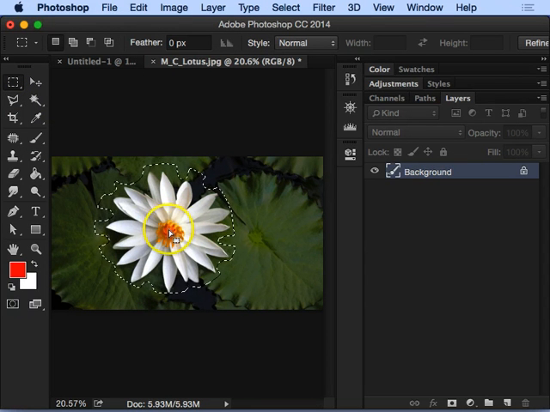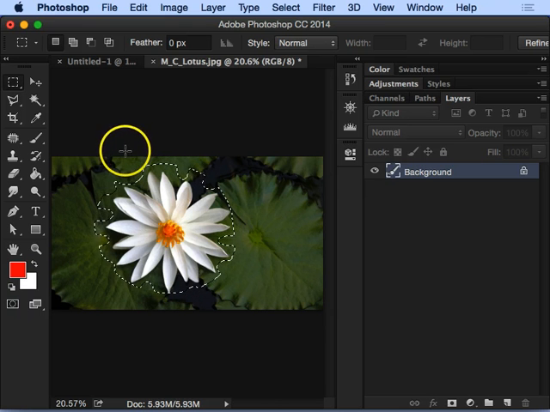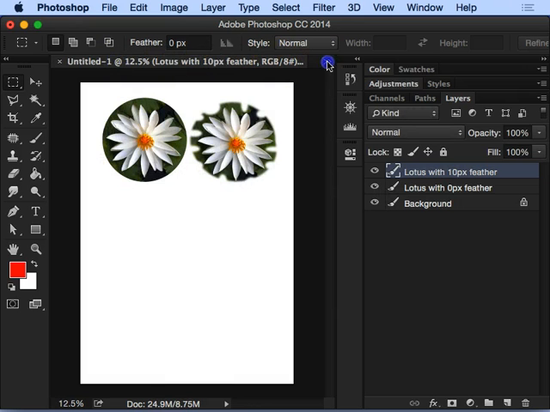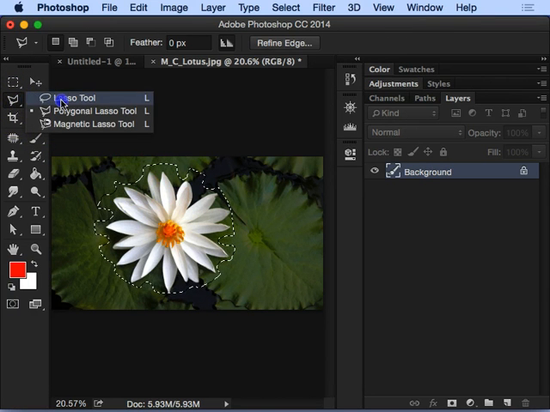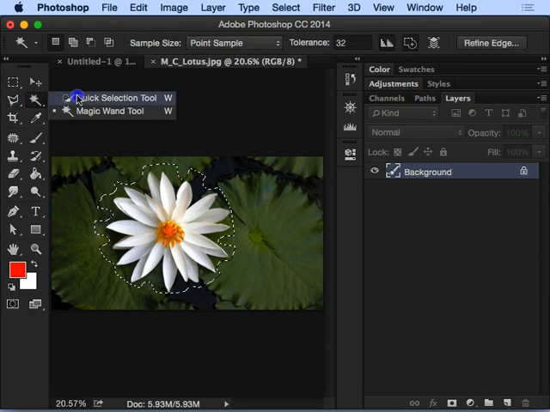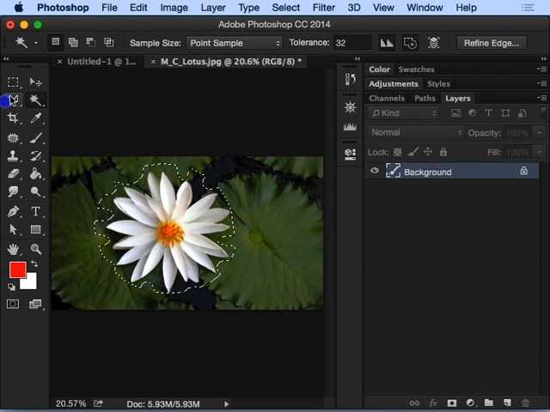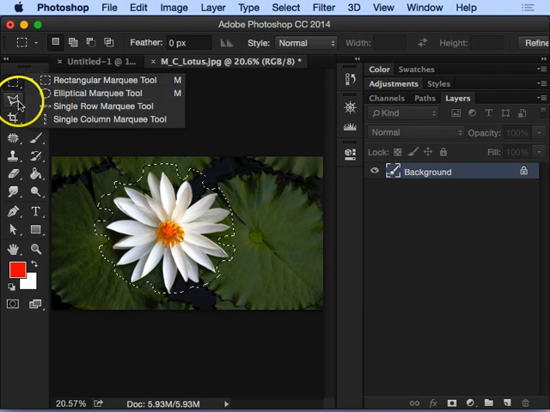Before you go to the marquee tool, usually the marquee tool is for basic shapes like your building. But if you need to customize your selections, that's when you use your lasso tool or your magic wand and quick selection tool. Now, before we go to the lasso tool, let's try to use a rectangular marquee